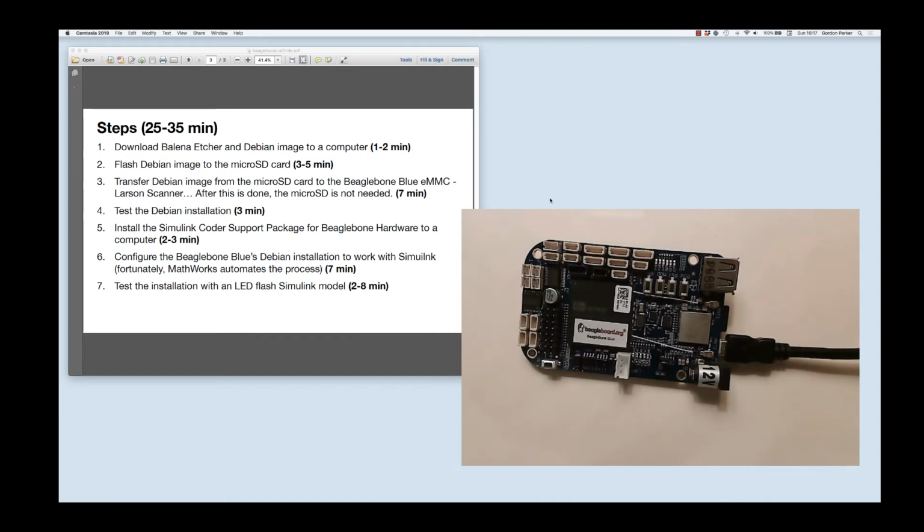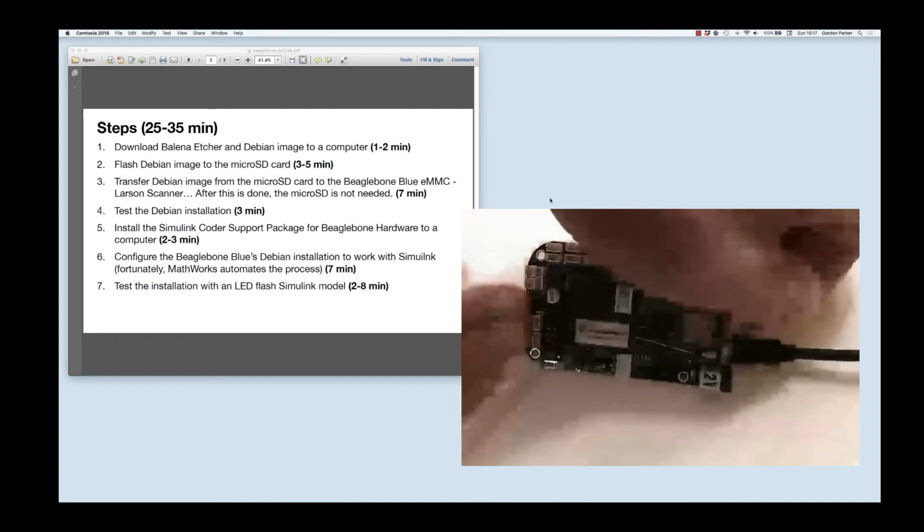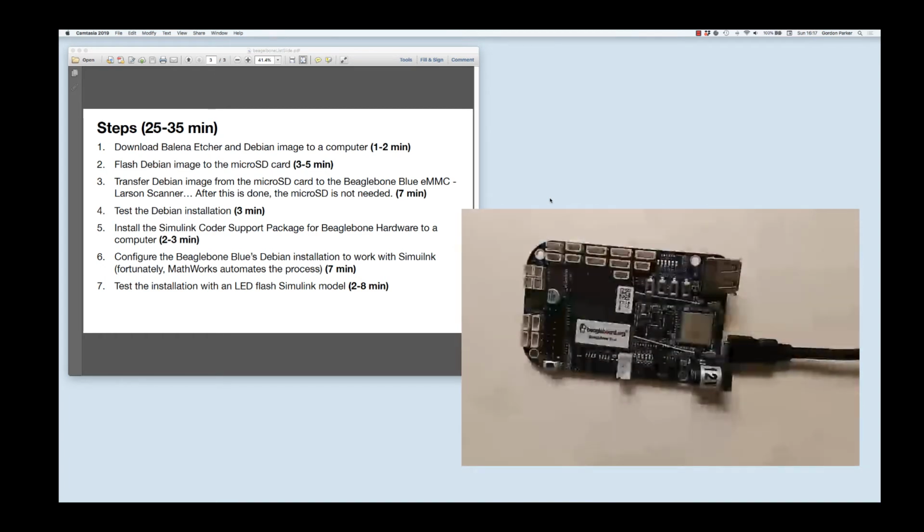So at this point, we no longer need the micro SD card. So you can pop it out and never use it again. So now it's time to test the installation. There's not a whole lot we're going to do with this test. We could do quite a bit, but I'm just going to make sure that we can boot it up and